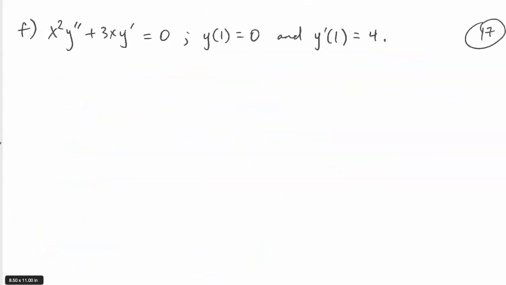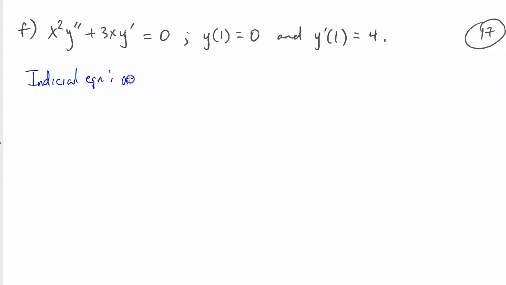All right, so this will be our last case 1 example. And with this one, we see we have an initial value problem. Again, once we find a general solution, we just use the initial conditions to figure out what the constants are. So again, since this is a second order Euler-Cauchy, we know that our indicial equation here